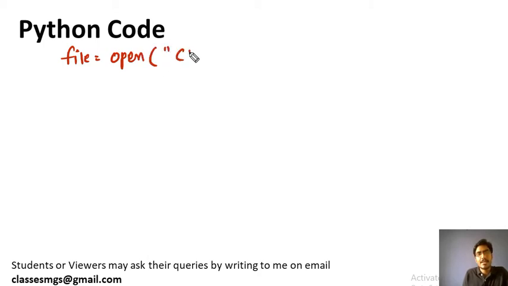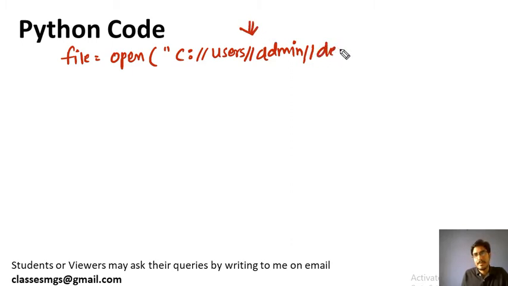Let's suppose our file is placed in the C folder, and then in the users folder generally, then the username, let's suppose admin in my case. It might be different for yours. This path may vary for different students. It may be according to your computer, or according to the location of the file. I already told you how to find the location of the file. I have it on the desktop, that's why it is written like this, .txt.